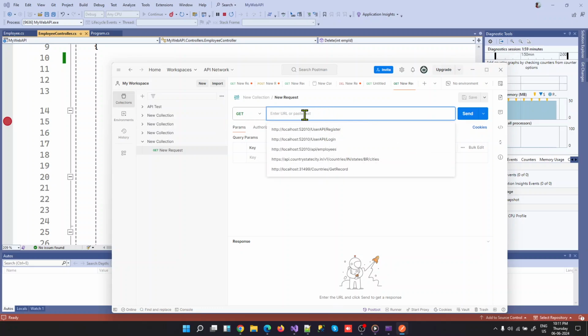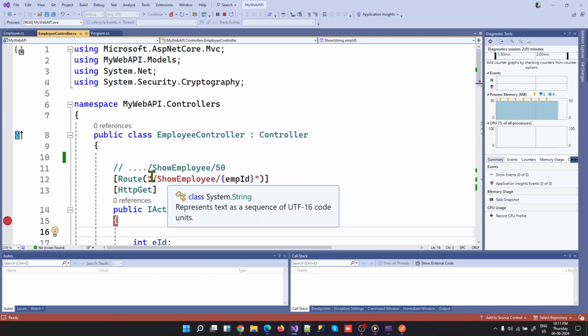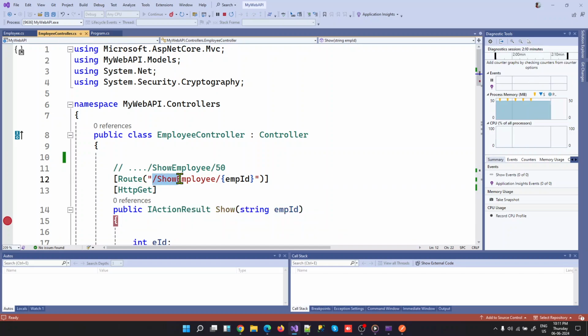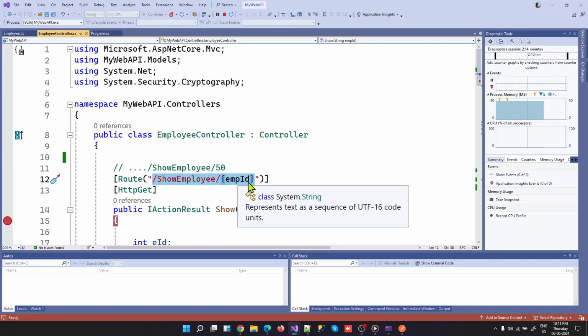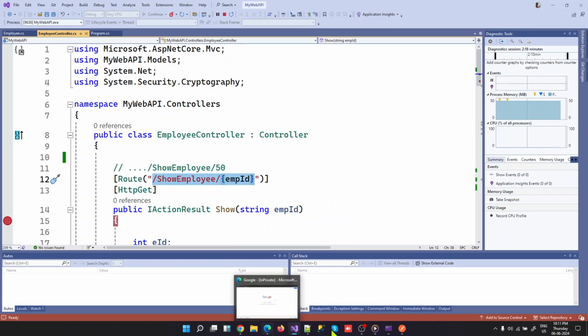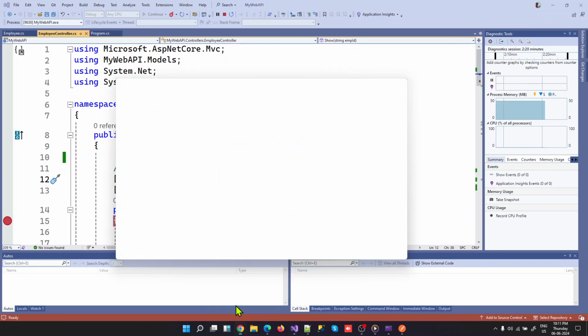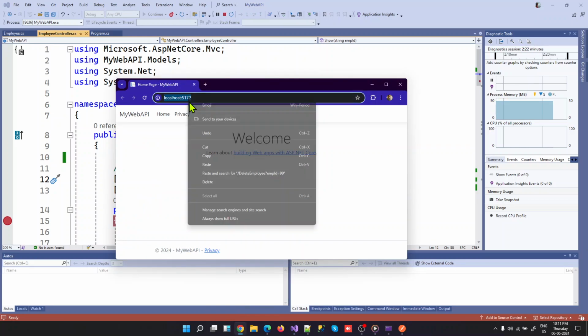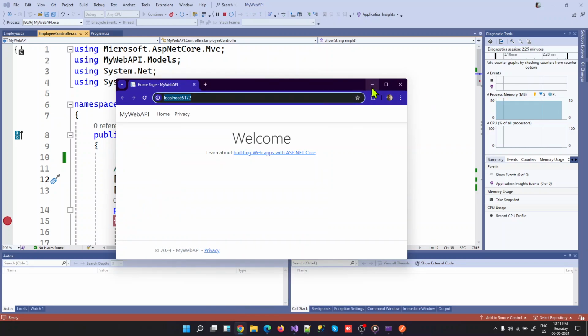we have to put in the actual API link. In our case, the API link will follow whatever is the base link and then show employee followed by the route parameter, which is employee ID, right? So how can I get the base URL? It's very simple. We have already started it. So that is the base URL. I'll copy this, and I'll minimize it